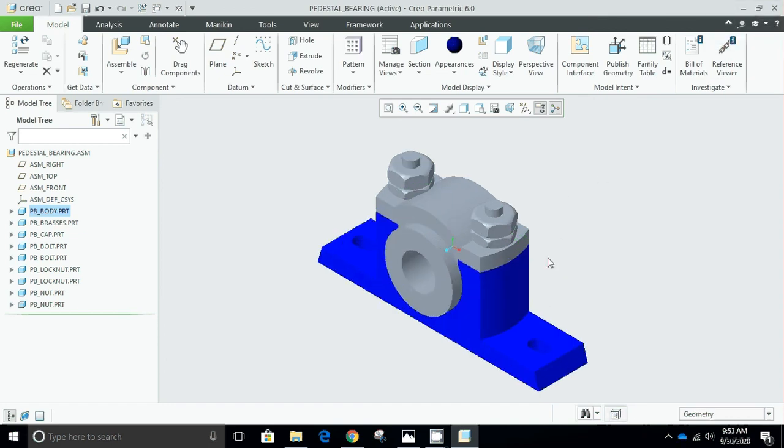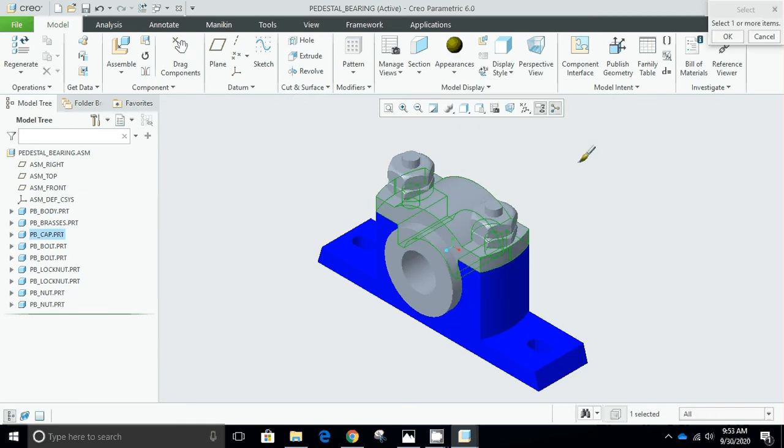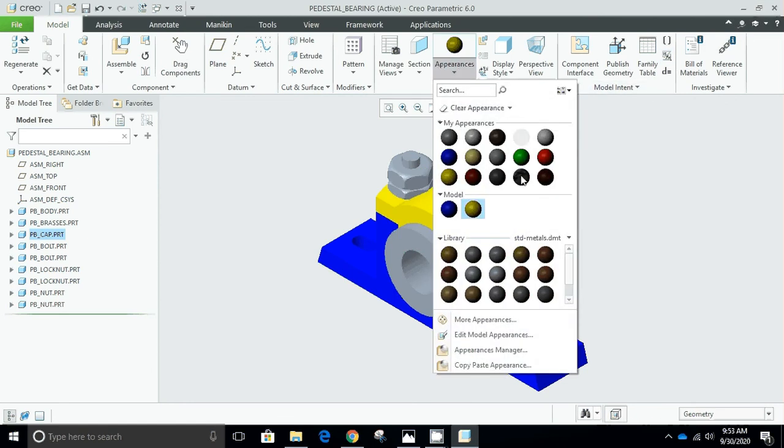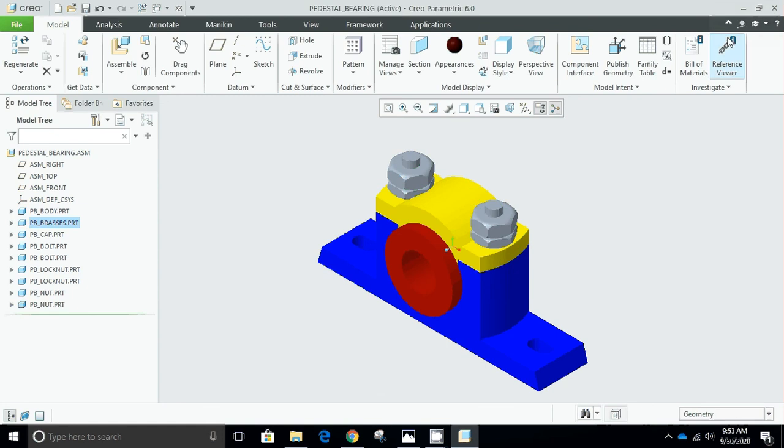So the main body is now blue in color. Similarly, there can be other colors like yellow to the cap. Select the cap and press OK, and this maroon color to the brasses. Select the brasses and press OK,